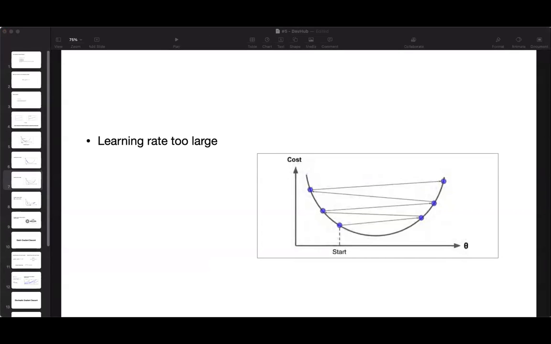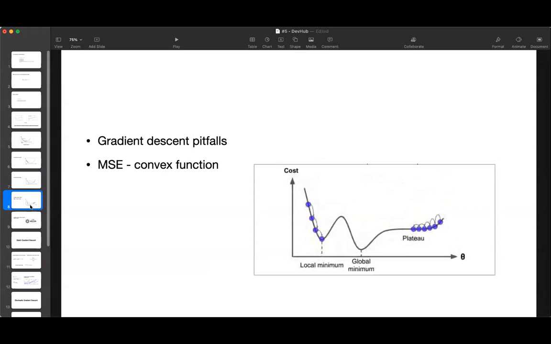Say for example, I'll just show you this thing. Here there are two types of cases. In the left graph, there is a local minimum. In the right part, there is a very elongated flattened portion, which is known as the plateau. And this is the global minimum of the whole curve. So for example, if the random initialization starts the algorithm on the left, then it will converge to the local minimum here, which is not as good as the global minimum.